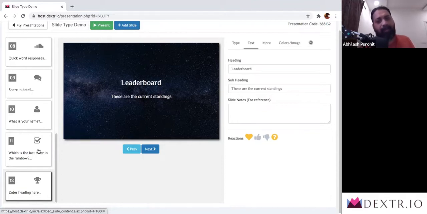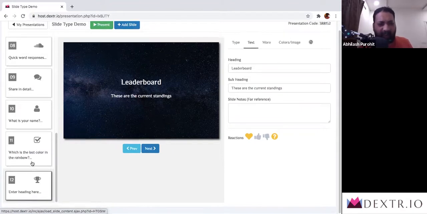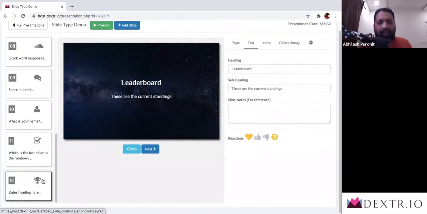And once they have done, depending on how fast and how correct they have answered, they'll be allocated marks between 1000 and 1200 points. 1000 is the marks for correct answer, and between 0 and 200, depending on how fast you answered. So at most, you can score 1200 points. Once you've got that sorted, we have finally got the leaderboard, which is going to show the names of all the people and their standings in the leaderboard. This combination of what's your name, quiz, and leaderboard completes the quiz portion of the Dexter demonstration.